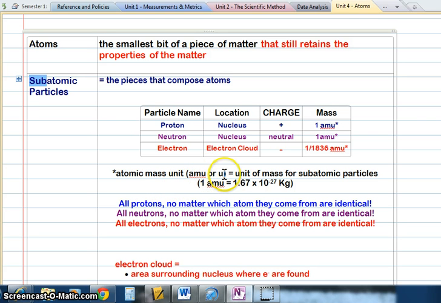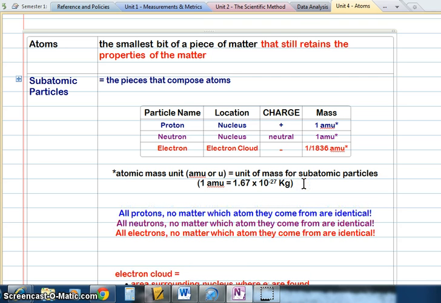In newer books, you'll just see it as U. And it's a unit of mass for subatomic particles. It's really little. It's 1.67 times 10 to the negative 27th. What does that look like if we were to write it out? It would be 1, 2, 3, 4, 5, 6, 7, 8, 9, 10, 11, 12, 13, 14, 15, 16, 17, 18, 19, 20, 21, 22, 23, 24, 25. That is how small